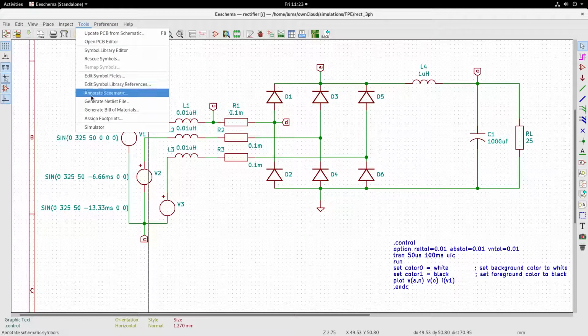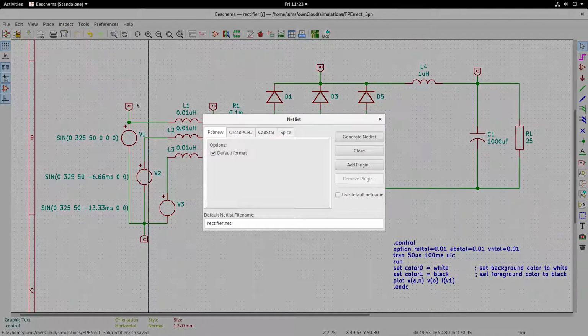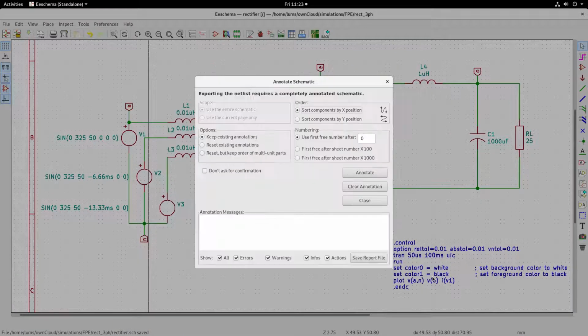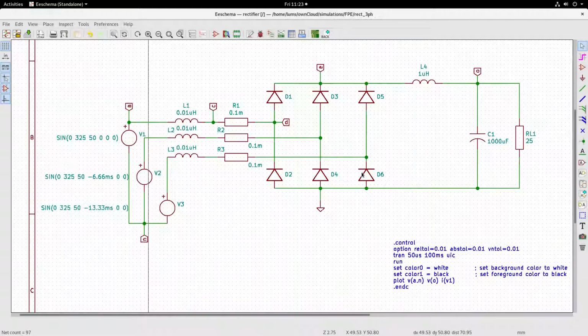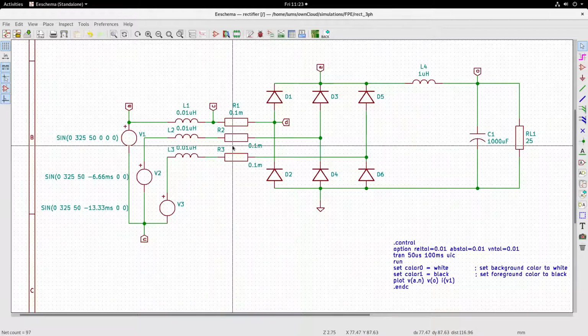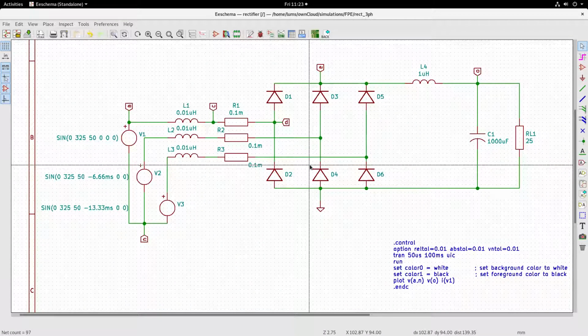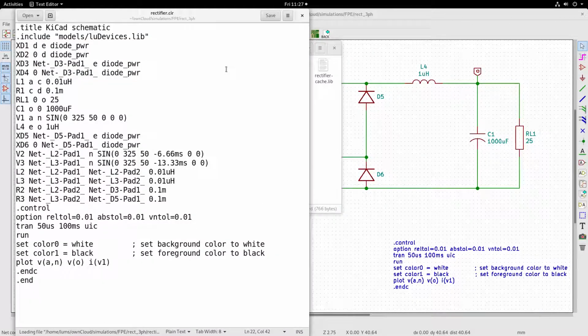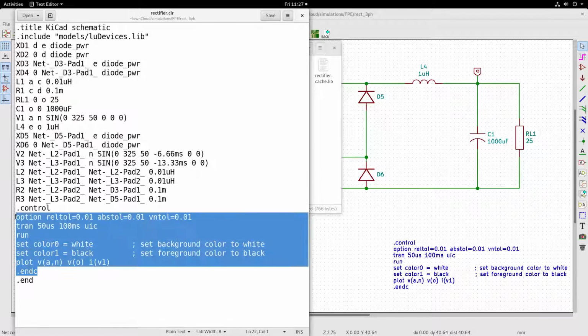Go to tools, generate netlist, spice netlist, generate it and save it into .cir file. Annotate, and we can go to the folder. So you have rectifier.cir, double click on that, and you have your entire netlist, and you have the control statements here.